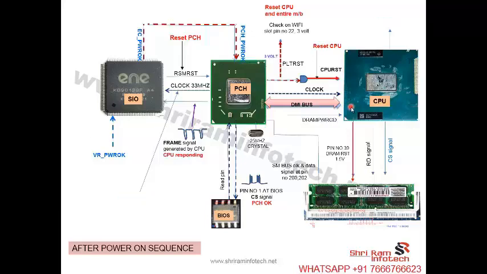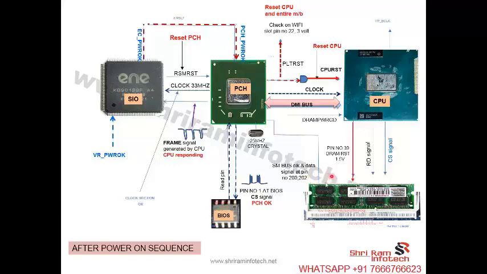and he checks whether all the devices are there or not. So he first checks the CPU is working, then he accesses the RAM. This is a two-wire communication protocol. It's called the SM bus, system management bus, two-wire communication between the PCH and one small chip on the RAM. This is called the SPD, serial presence detect.